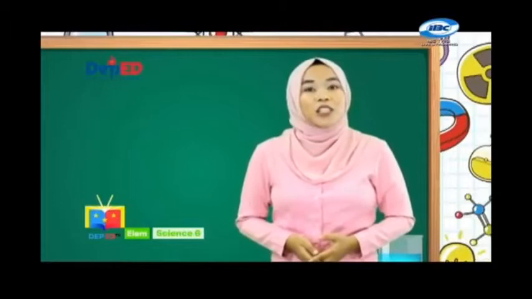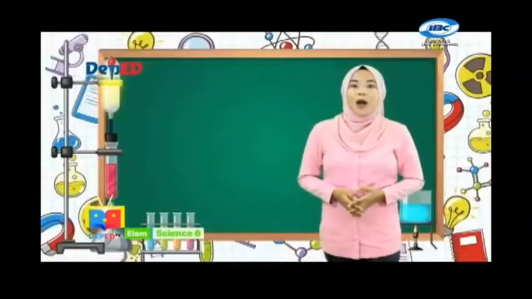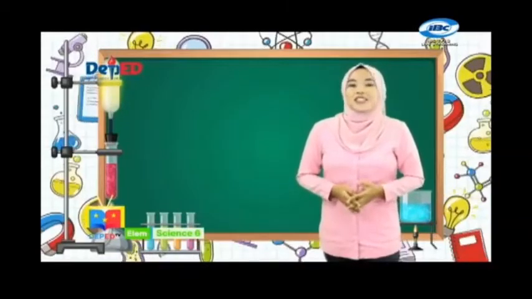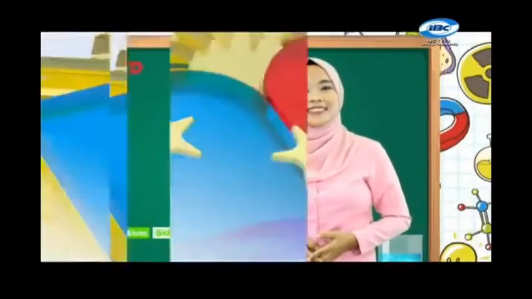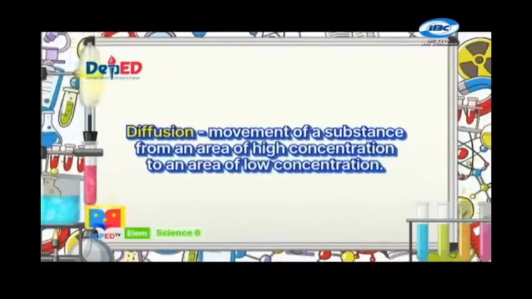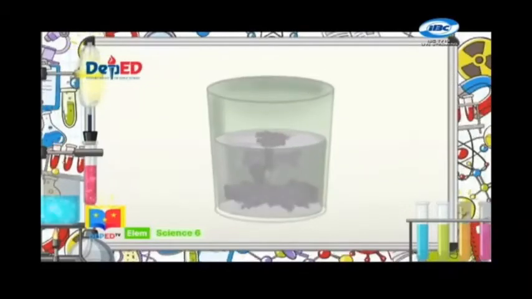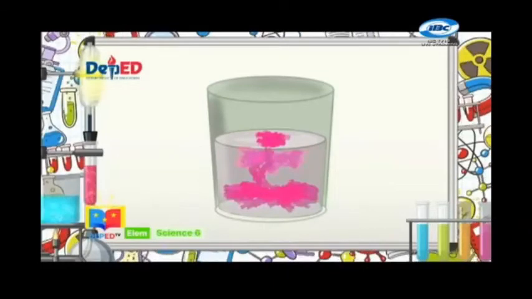In the absence of stirring, the concentration of solute will be higher close to the pieces of solute. So, more solute won't be dissolved into the solution until it is stirred. The solute will dissolve faster by diffusion. Diffusion is the movement of a substance from an area of high concentration to an area of low concentration. Example, a drop of food coloring diffuses throughout the water in a glass so that eventually the entire glass will